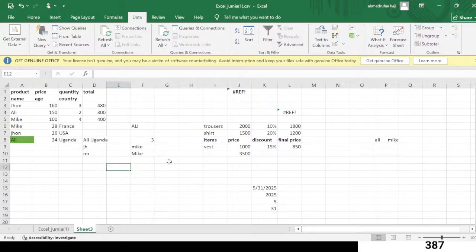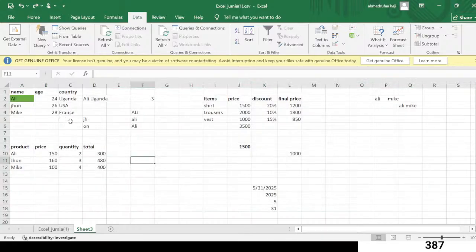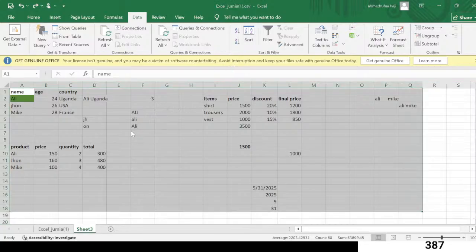As you can see, our data set was not arranged properly, but we can see the age, we have 28 followed by 26, then 24. Okay, that is how it is, right? Alright, so that is how you sort from the smallest to the largest. Okay, you can also sort alphabetically. So you can see here we have shirt, trousers, vests. You can choose here sort, then maybe let's choose column I, then value,